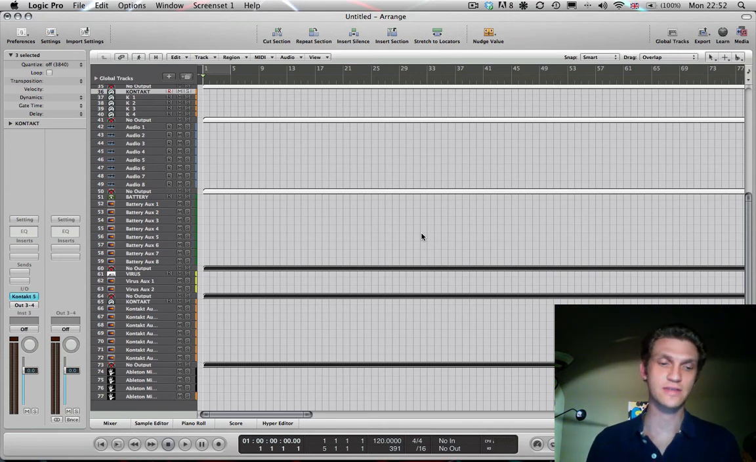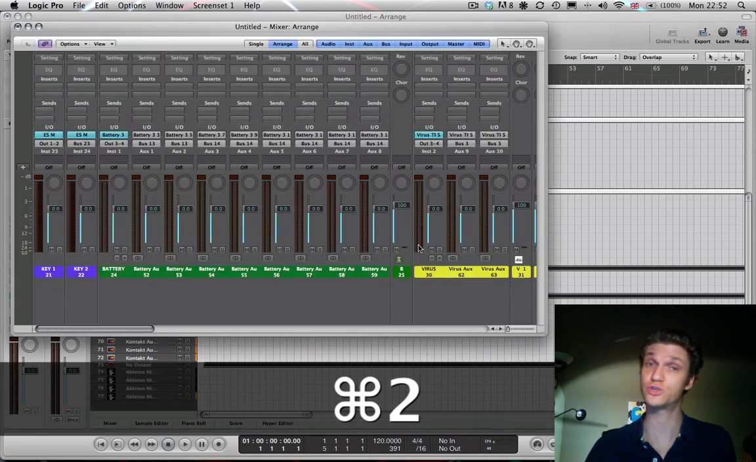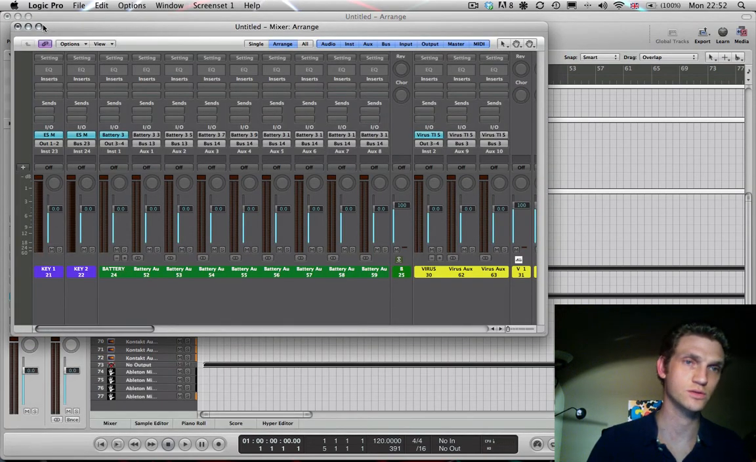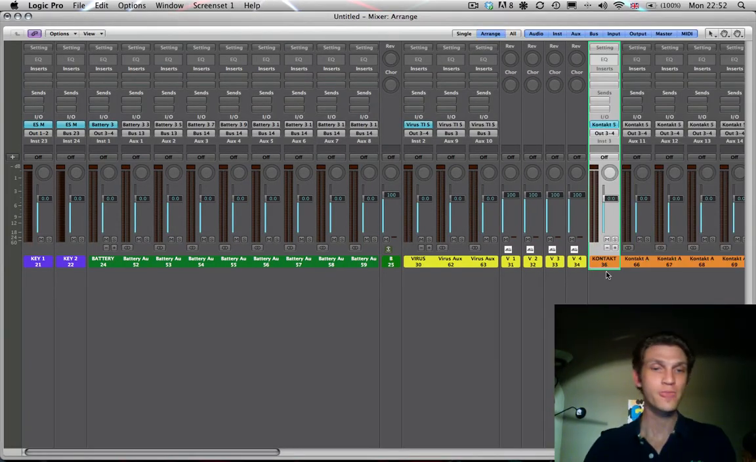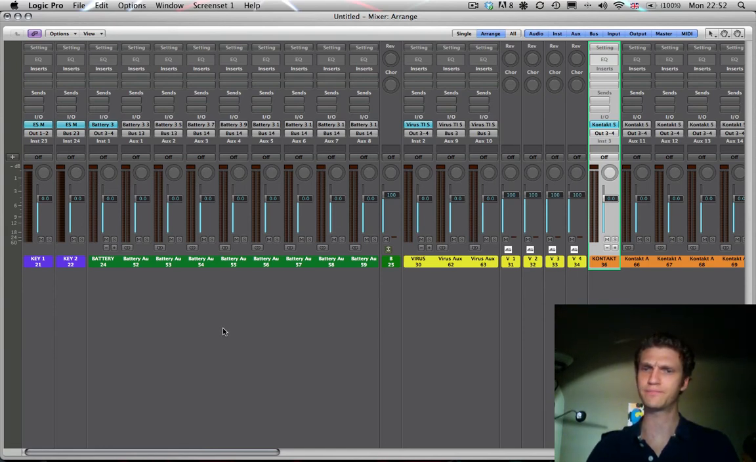So let's have a look at the mixer first. To get the mixer up, you go to Window, Mixer, or Command 2. Always use shortcuts. Always use your shortcuts. Let's maximize that window. The mixer is kind of a little fiddly, and I'm just going to very quickly show you some settings that